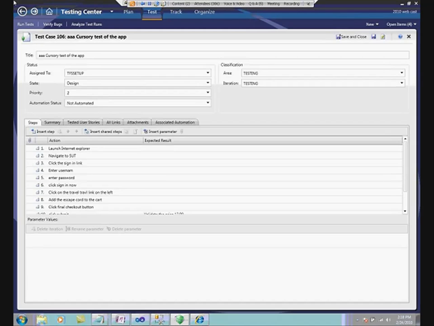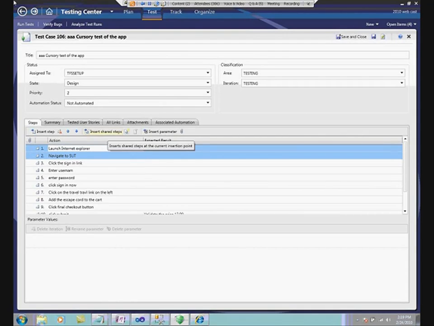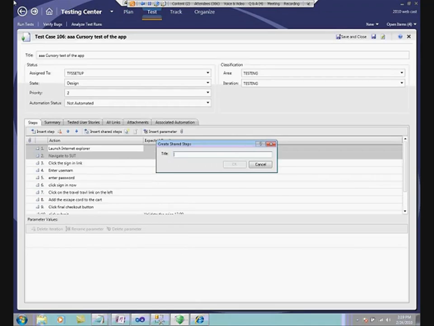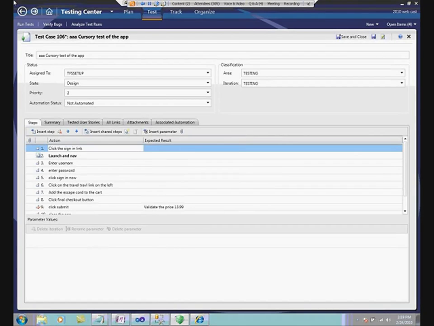shared steps. So if I look at launching the application and navigating to the site under test, these are good candidates to create shared steps from. So what I can do is I can go into my existing test case, right-click on the items that I want to use in my shared steps, and call this, I don't want to trip on something that already exists. So I create this launch and nav